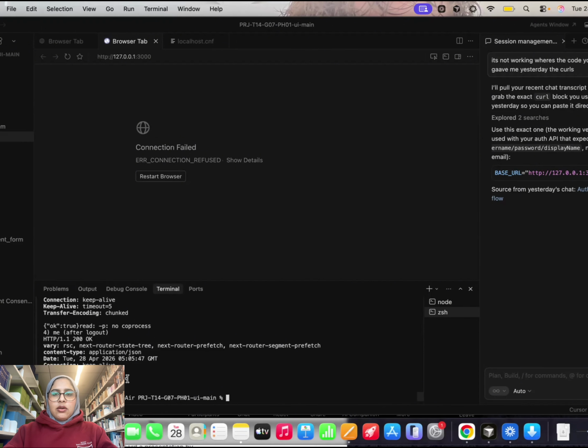Step 3, we log out. Step 4, calling the API auth me again now returns null. The server has invalidated the session, not just the client. This confirms that the session management is enforced server side and logout actually terminates the session rather than just clearing